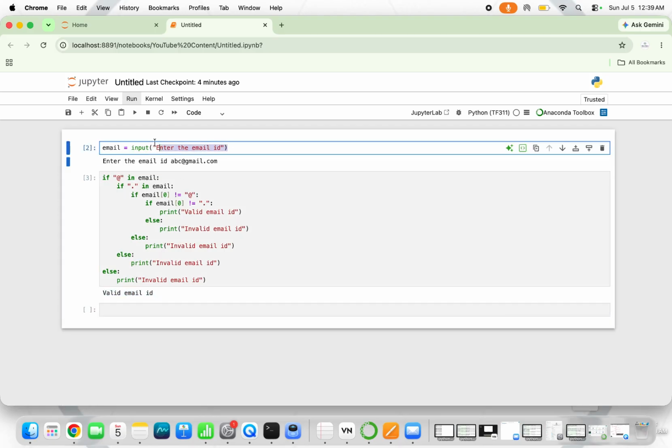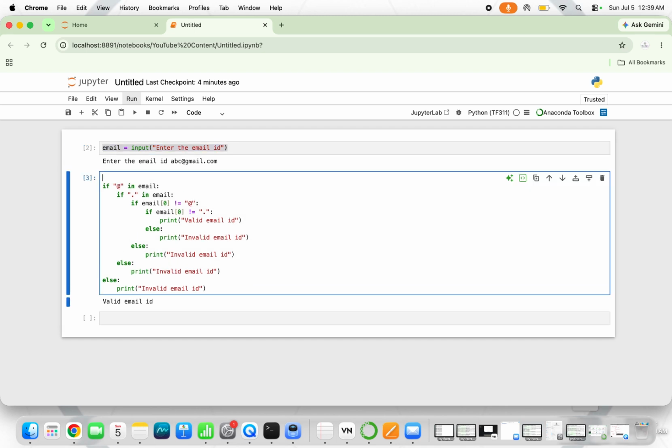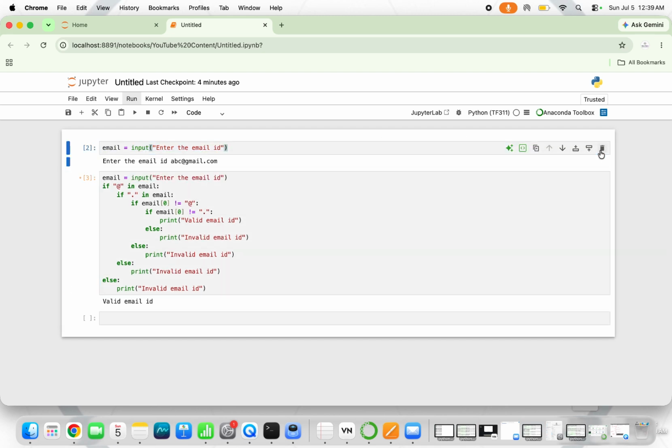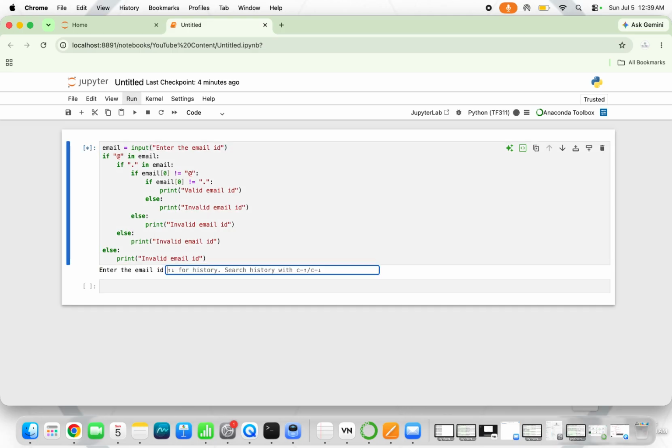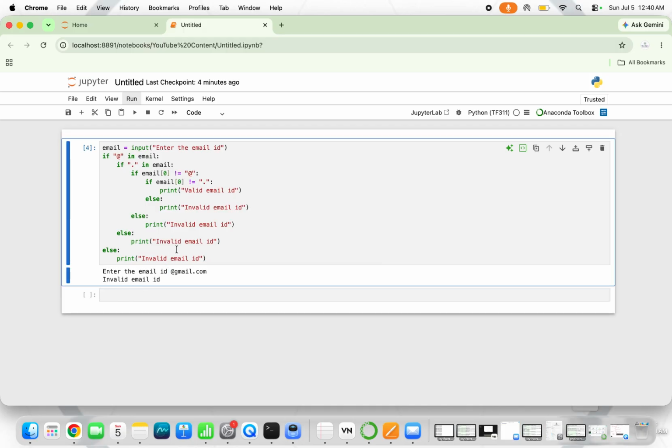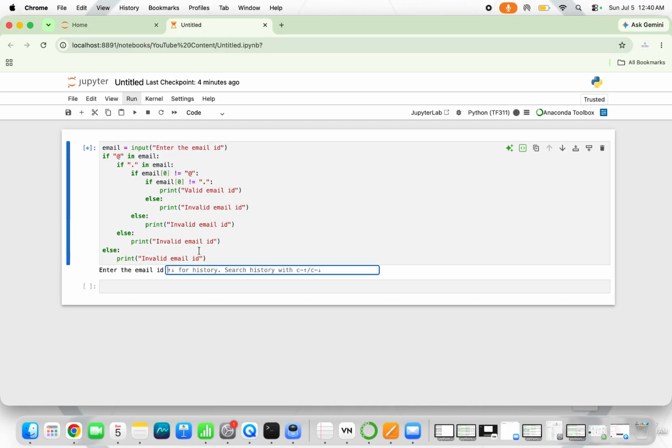So let me write this line of the code inside this one only, so that we don't have to run the code two times. So let me enter this one. Now it is asking for the input. Now let me enter, like, at the rate gmail.com. Suppose anyone has forgotten to mention their first name, so it should be invalid, correct. Let me run this one. So it is an invalid id. If I am writing like dot